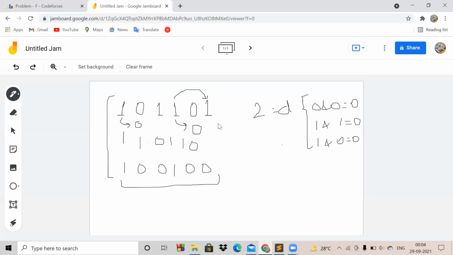So what's happening, let me explain it clearly: this 0 can make this one 0 in the first step, and after that in the second step this one, which is now converted to 0, can make this one 0, and in the third step this one can make this element 0, but this is already 0. So you don't have to go forward after this step because this is already 0. So if we have any zeros after this 0, they would have already been converted to 0 in the previous steps.